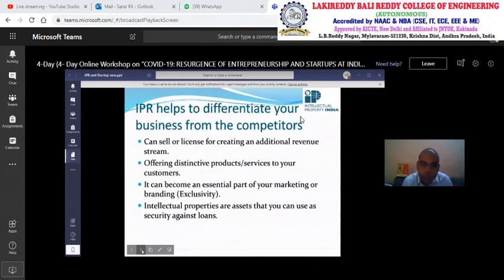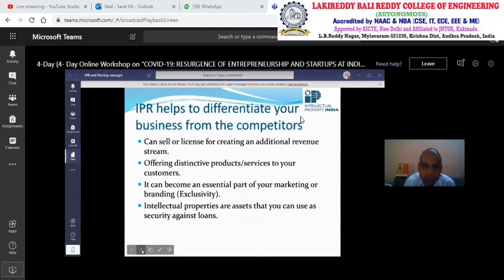If someone comes now and takes away your product, then you will feel rejected. So how does your IPR protect that product from the competitor? Either you can sell a license, creating additional revenue, or by offering a distinct product to customers, or it can become an essential part of a binding executive, or intellectual property asset that you can secure against a loan.